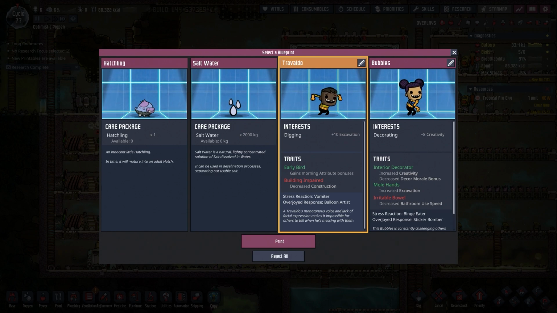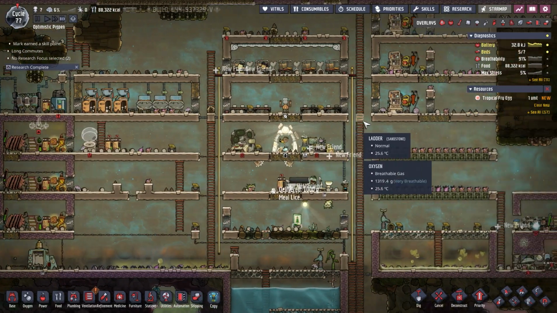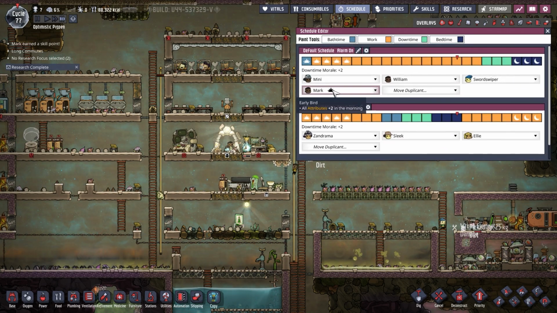So we'll take Travaldo, except it's not really Travaldo. It's going to be Mark. Mark it is. Let's go Mark. There we go. Boom. Select Mark. Print him out. There we go. We've got plenty of food and everything, so that shouldn't be an issue. Mark, you can sit on...